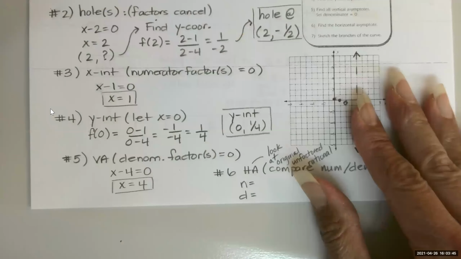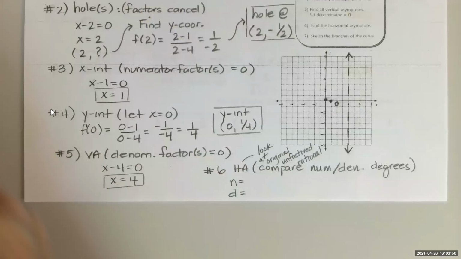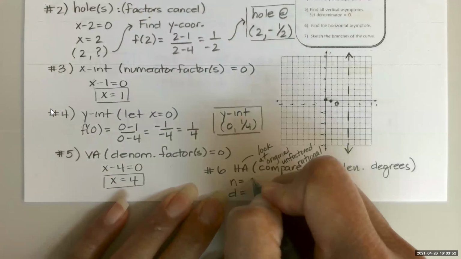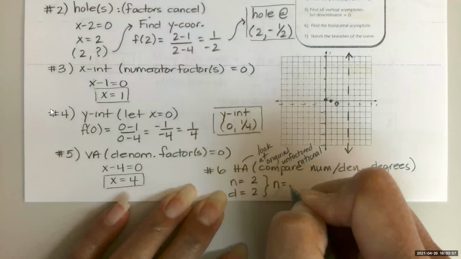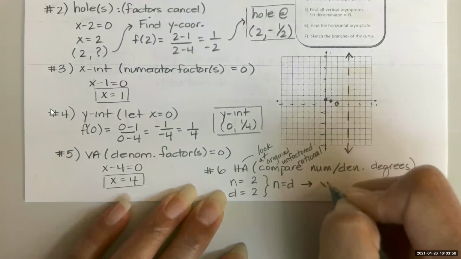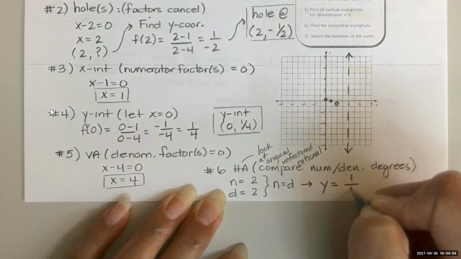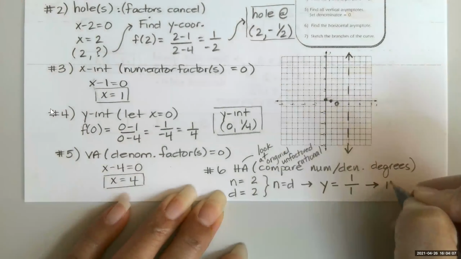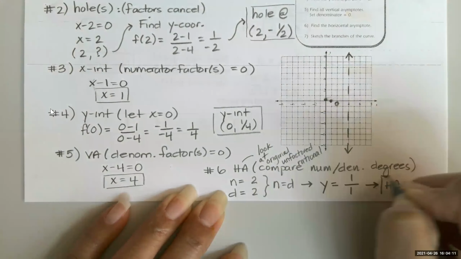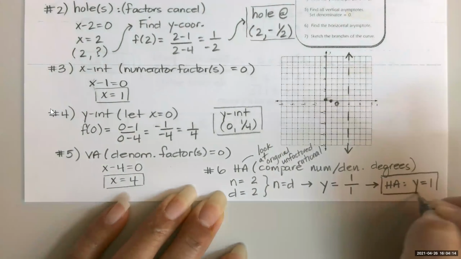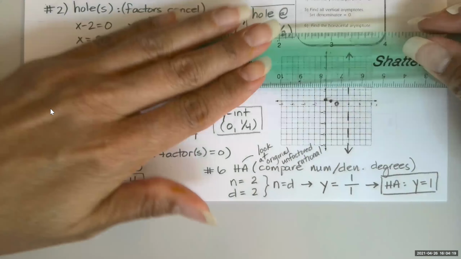So I've identified what my numerator and denominator degree was. They were both a 2. And I noticed that they both were equal to one another. So that means when I find my horizontal asymptote, I take the leading coefficient upstairs and the leading coefficient downstairs. So my horizontal asymptote is going to be simplified and it ends up being y equals 1. So y equals 1 says to come here, we need to